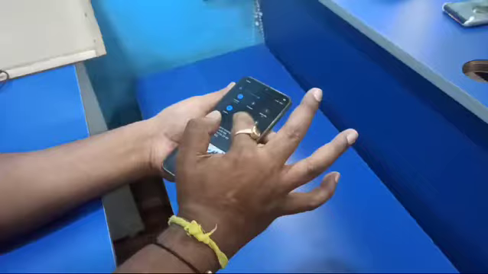Before that, switch off the mobile data. Okay, switch off the mobile data.